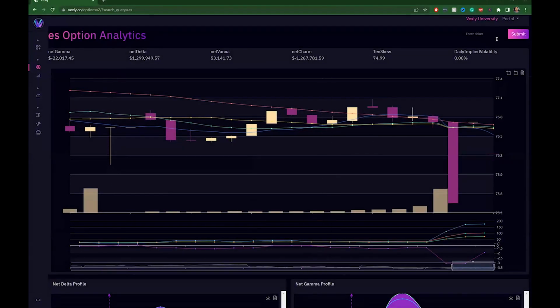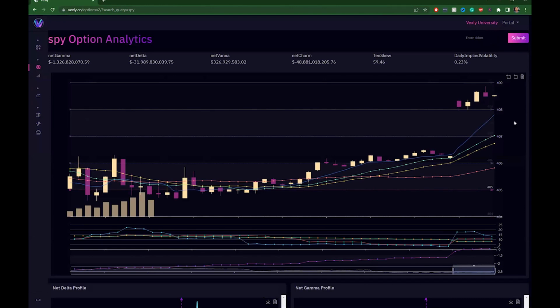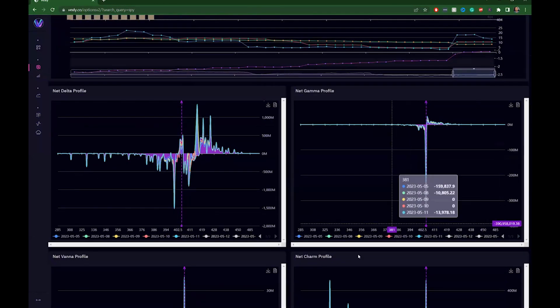This is probably just like a ticker. I don't know what this is, but let's try SPX. SPX, like SPY, SPX, same. Just the numbers are going to be different. You can use a calculator to find the levels or just eyeball them realistically. So back to SPY, you can see here, we have